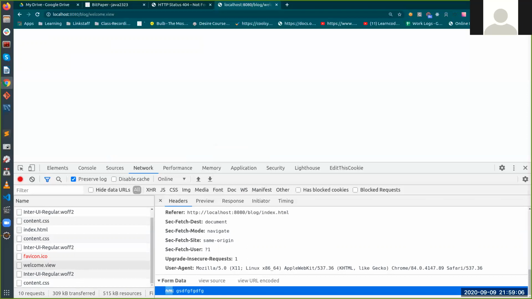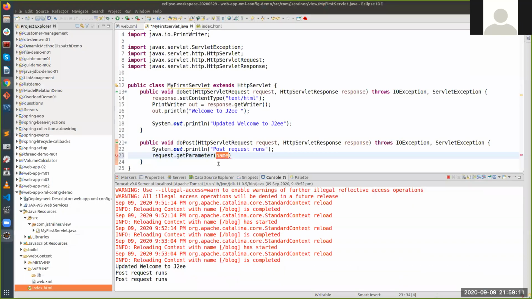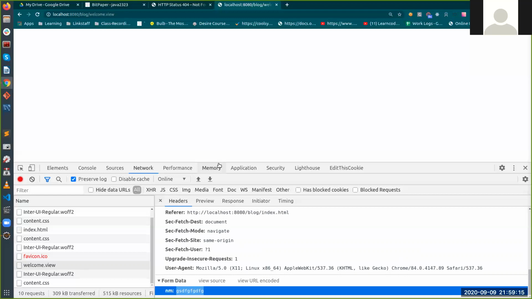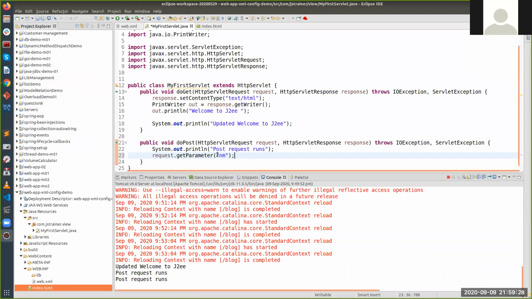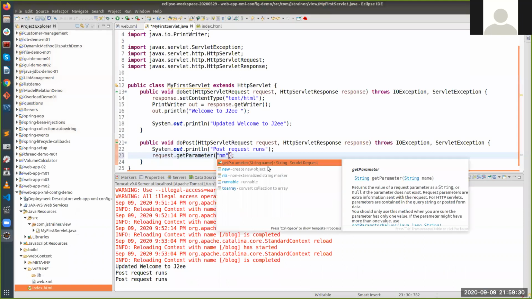Key is the parameter name, and this is the parameter value, right? So let's go over here and call request.getParameter. In the string form, you have to give the parameter name, so it is nm. Now this getParameter is going to return you a string value, right?